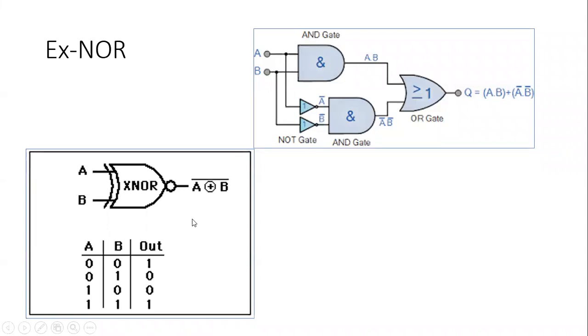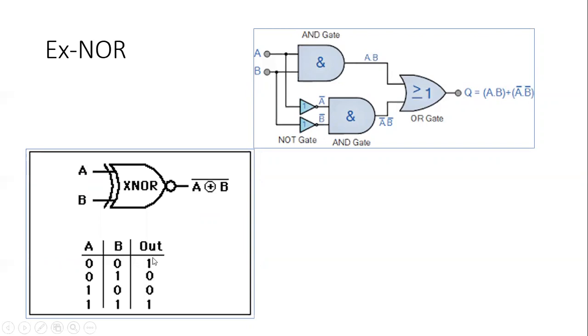And what is the symbol here? Here again, the output is just the reverse of XOR. In XOR, what happened? When either of the inputs was there, you got the output. When inputs were the same, you did not get the output. In XNOR, what is happening? Just the reverse of XOR is happening. Why? Because we have added a complementary gate. You can see here, a NOT gate has been applied to XOR, which is indicated as a bubble. That indicates A XOR B complement makes it A XNOR B.